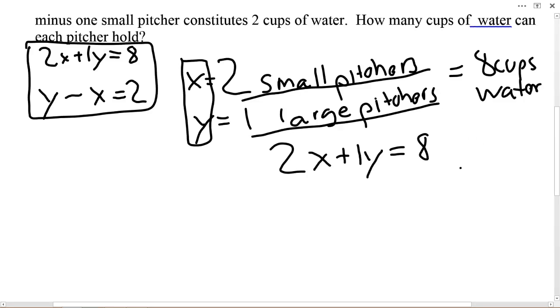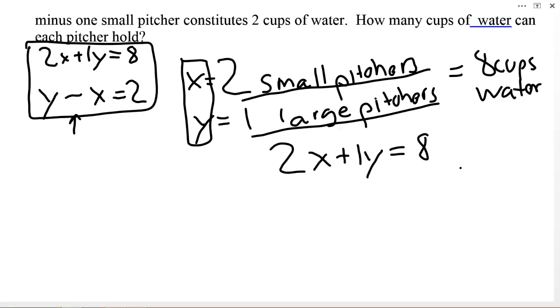Okay, so now let's solve this equation. So we're doing substitution. Remember, you guys, from yesterday, substitution: we substitute one equation into another equation, and then solve for one variable, and then use that variable to solve for the other variable. Okay, so let's look at